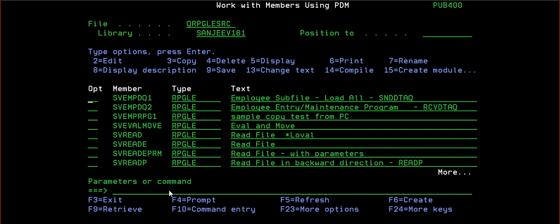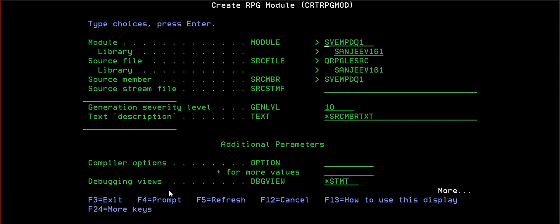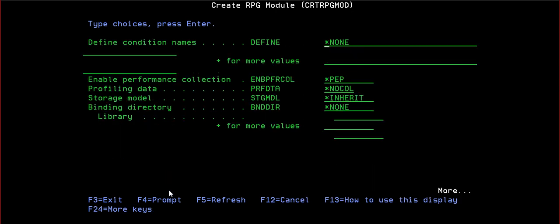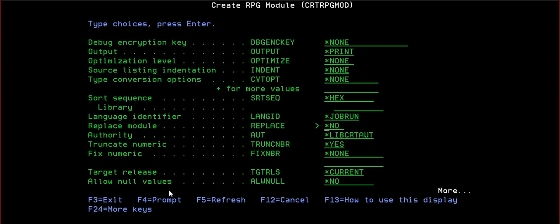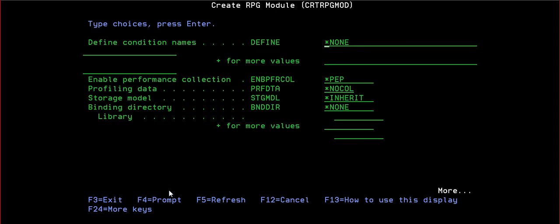In which program is it happening? Where is debug?